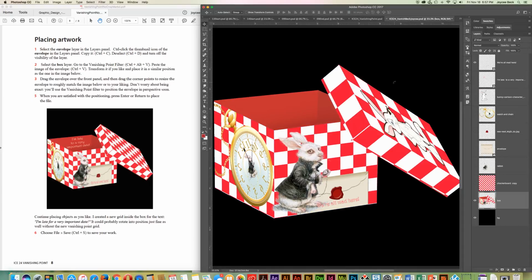Okay, and so I placed the rabbit on the top lid too. Okay, but I kind of like it without the rabbit on there, so I would Control Z that one, I think. And your box would be done. And so you could save that, you could add more type, you can add more shadows, like on this corner of the box, if I used my lasso, and I've got my polygonal lasso,